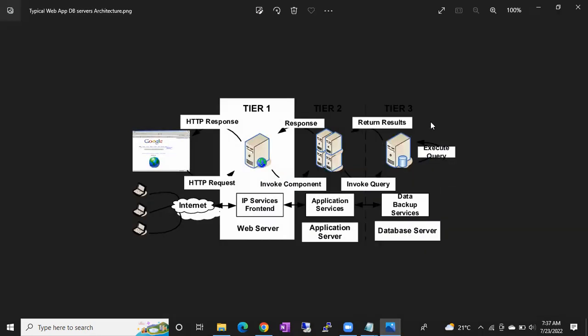Any database will be in the tier 3 architecture. I'm not sure about this data lake, I don't have any idea. But the remaining other technologies you referred to will be in tier 3 only. If it is a database, it will fit in tier 3. Even a data warehouse, which collects the data from different data sources, the main technology used as a database will fit in tier 3. Got it, thank you.